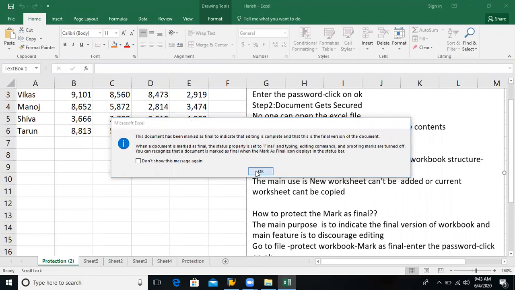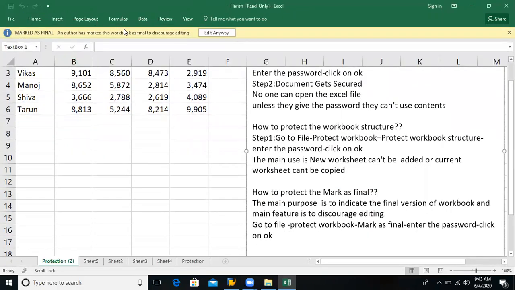Clearly, the dialog box is showing here. This dialog box is showing so that they won't edit. Which dialog box? Marked as final, an author has marked this workbook as final to discourage editing. If this dialog box shows, the members of your team will not edit, or they will understand that the worksheet has been revised, or it is the final copy. They will easily come to know. So this is how it is going to help you.